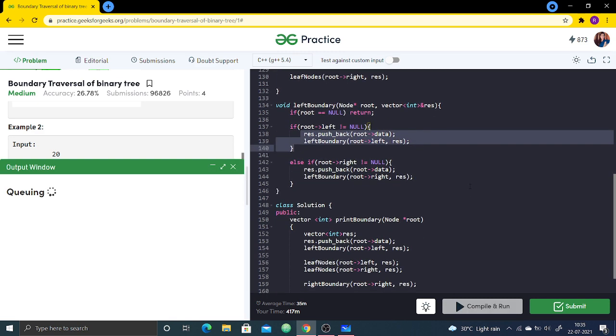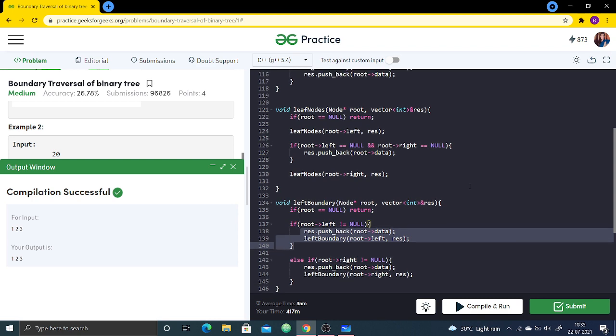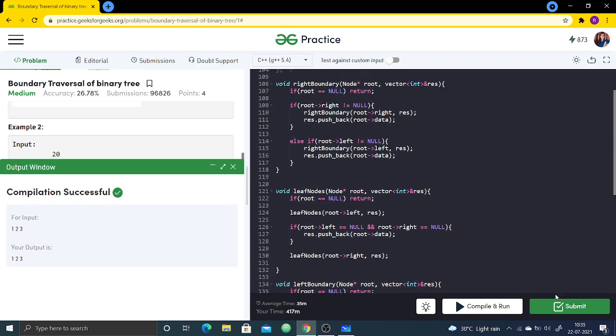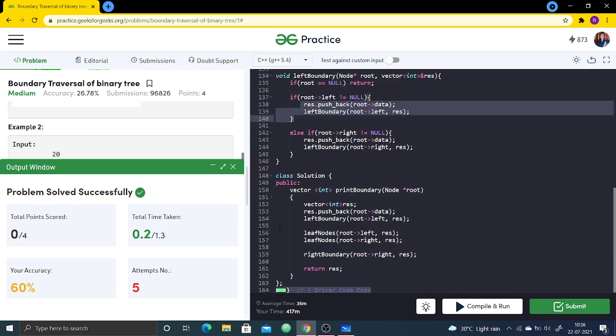Let us now run it. So the compilation is successful. So the problem is successfully submitted. So I just forgot to push the root data into a vector.